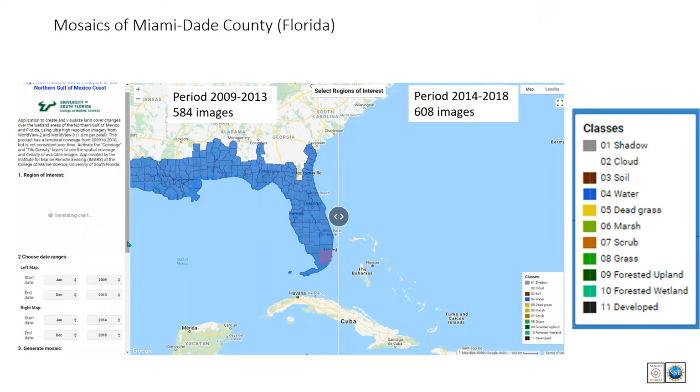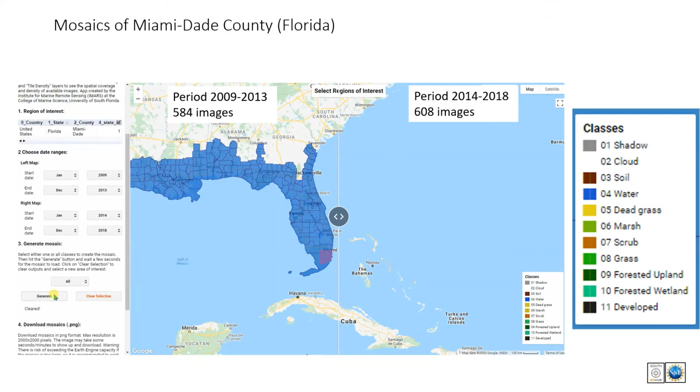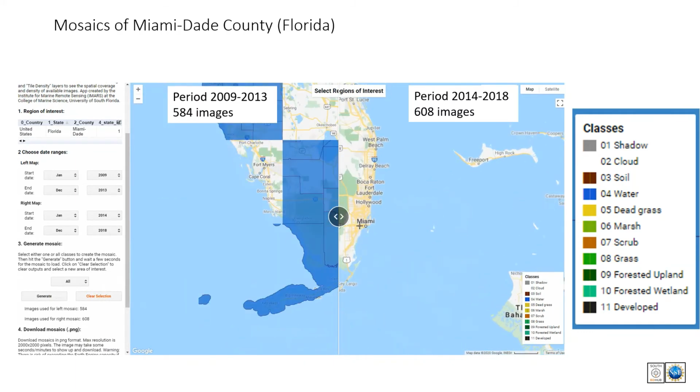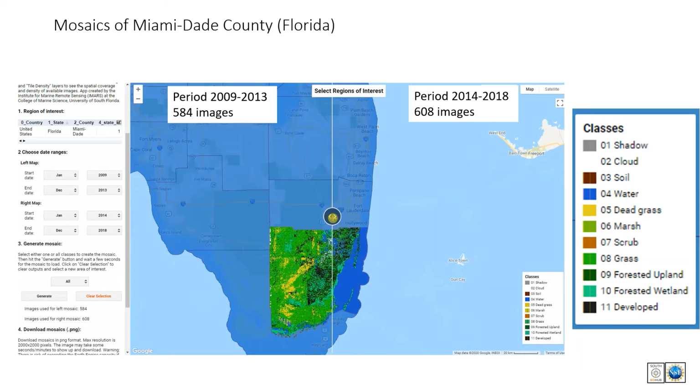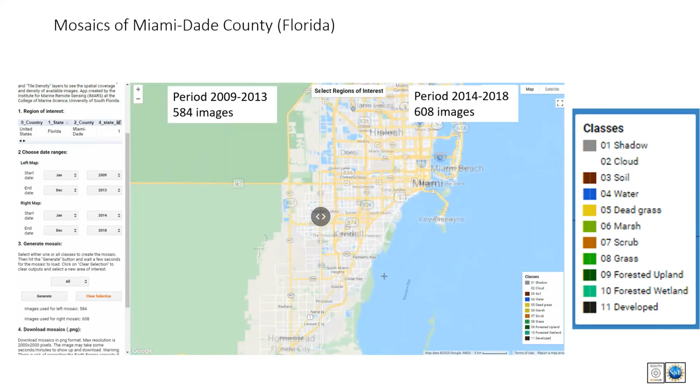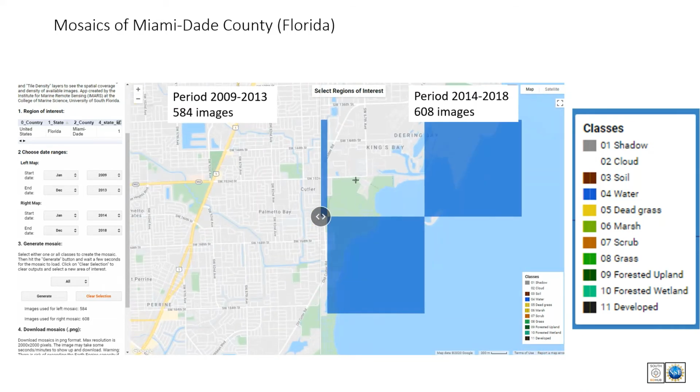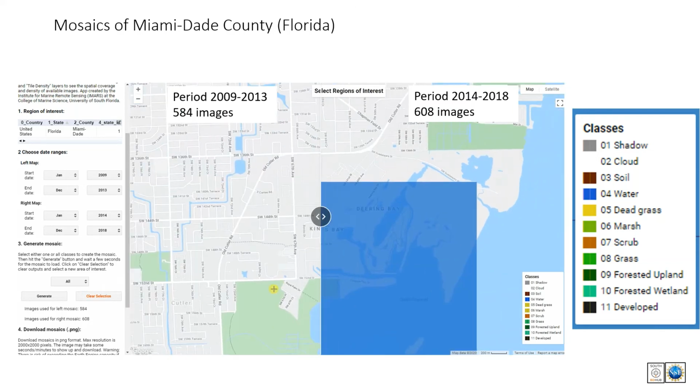Basically, you have a split screen where you can define a period to be displayed on the right-hand side of the screen and another on the left-hand side of the screen. And you can compare different types of vegetation cover through this slide bar. Here in this example, you're comparing 2009 to 2013 to 2014 to 2018 for all the land classes that we